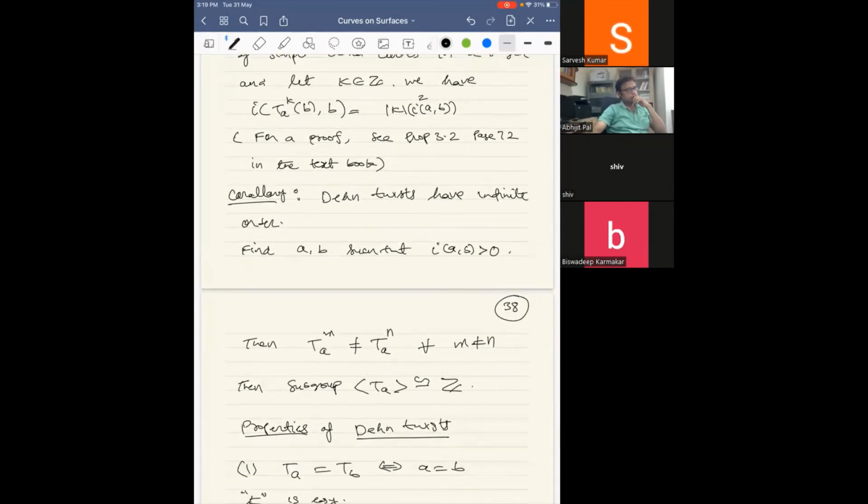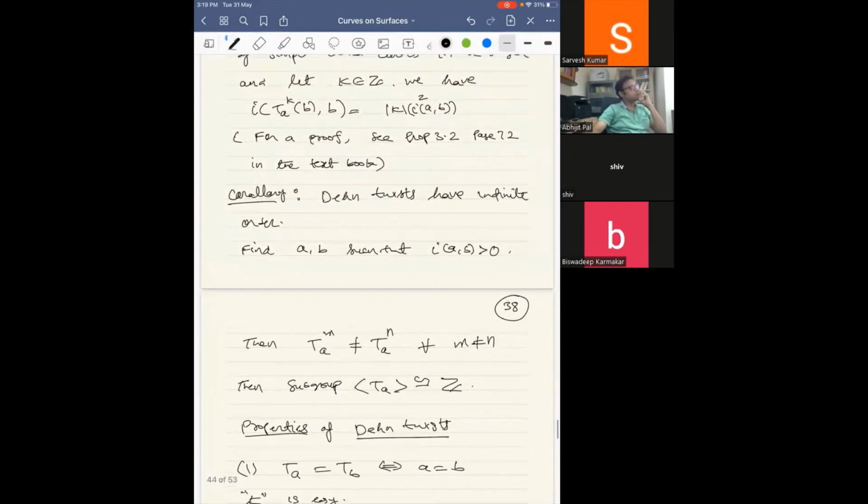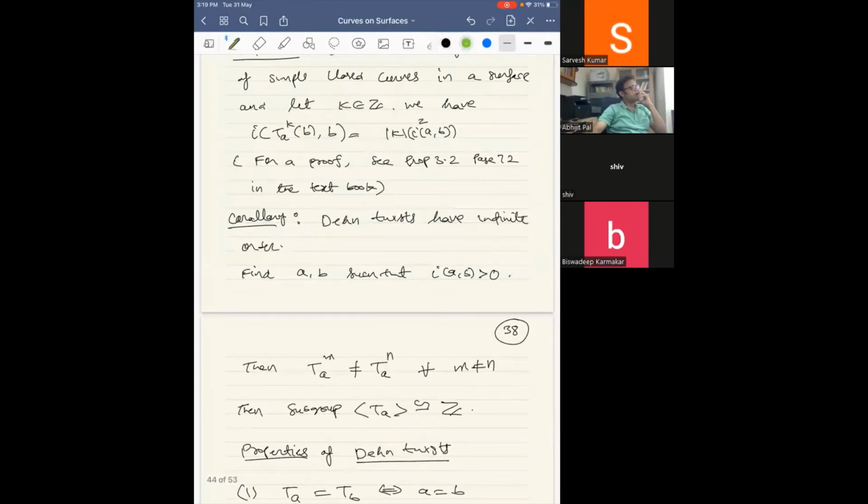You want to show that T_A^m is different from T_A^n for all m different from n. Why do different powers of T_A represent different elements in the mapping class group? This is clear from this formula, because if you just change k,